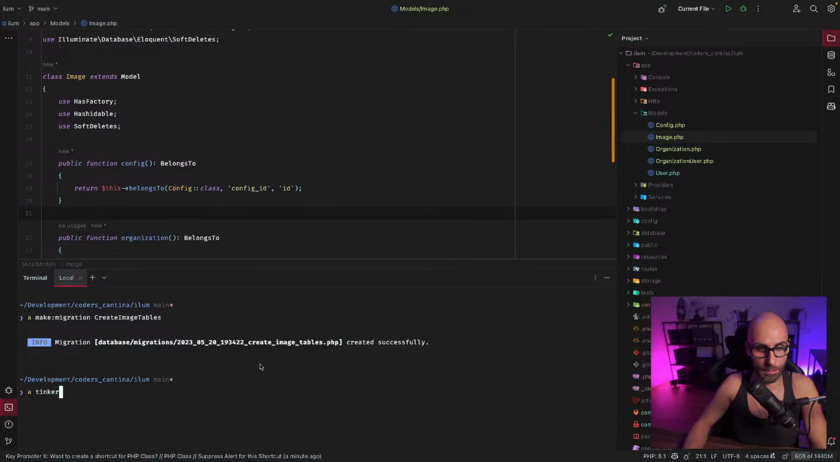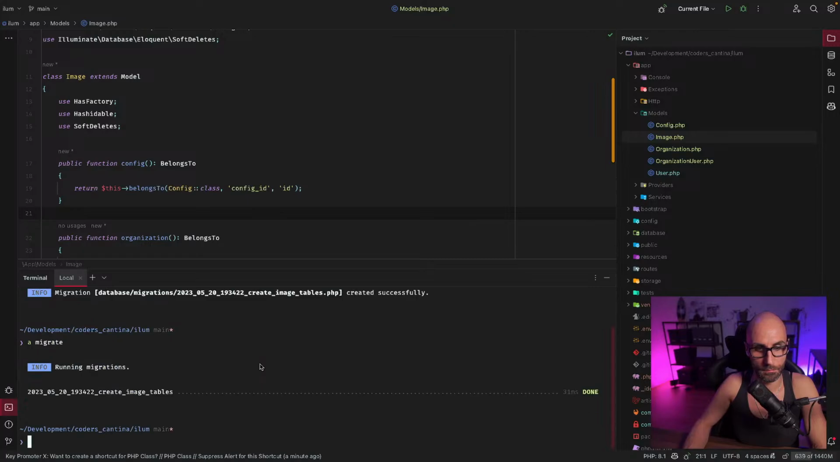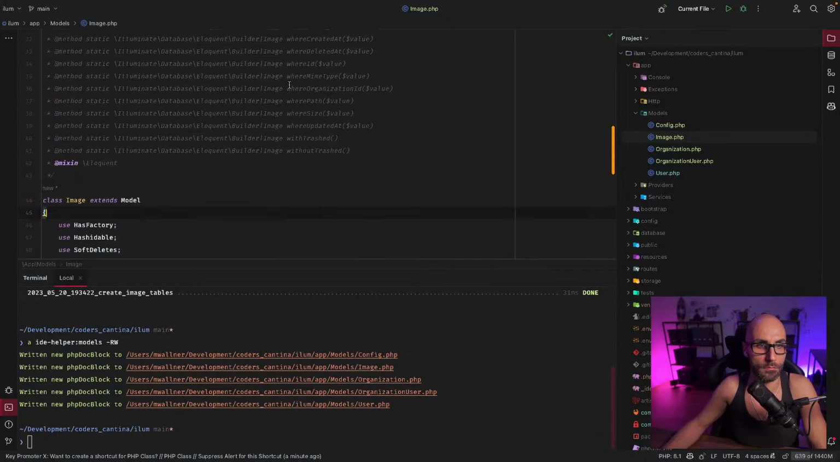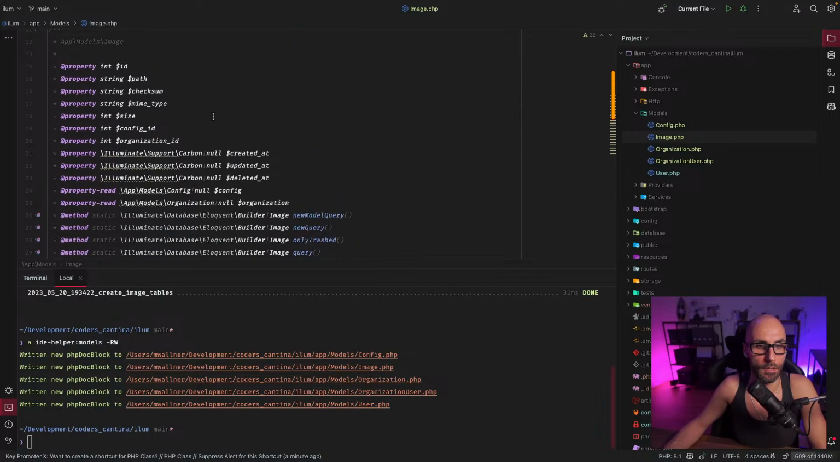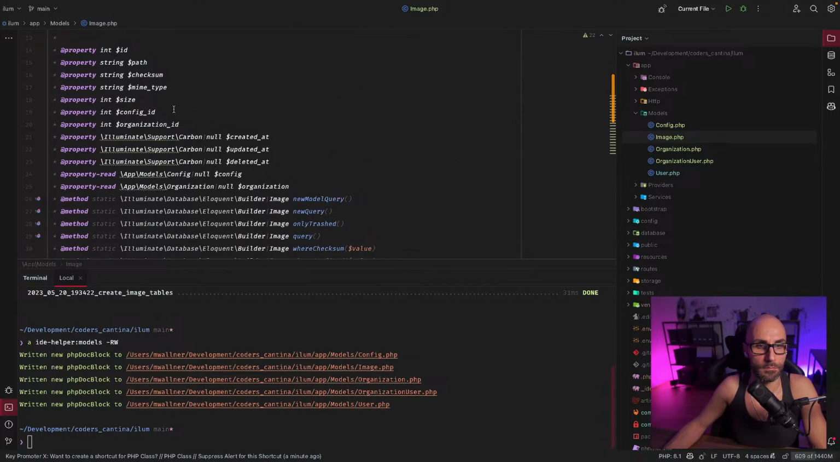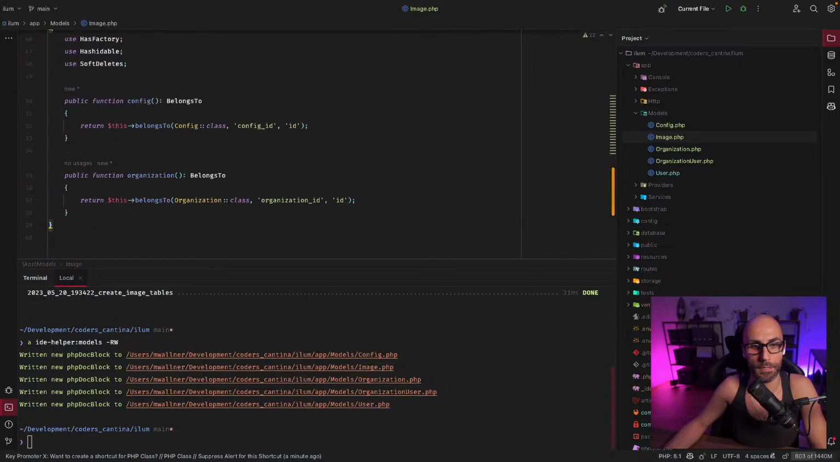Then we migrate and write the models. So we have now proper things here. Config ID, checksum, path. And yeah,